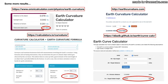Some more Earth curve calculators, again, 0 millimeters, 0 feet, 0.00 feet. One of them gave 0.237 inches, so one of them gave at least a quarter of an inch, but that doesn't matter. Again, we were 2.5 inches off the water,